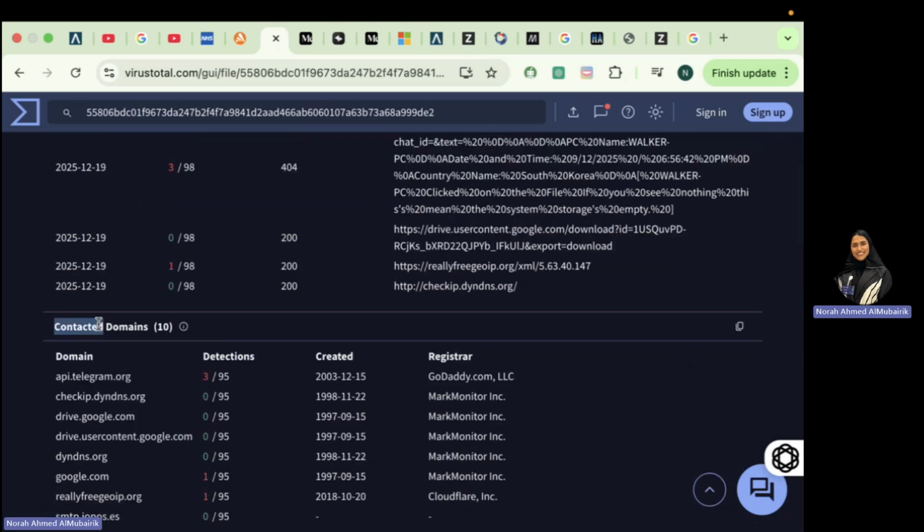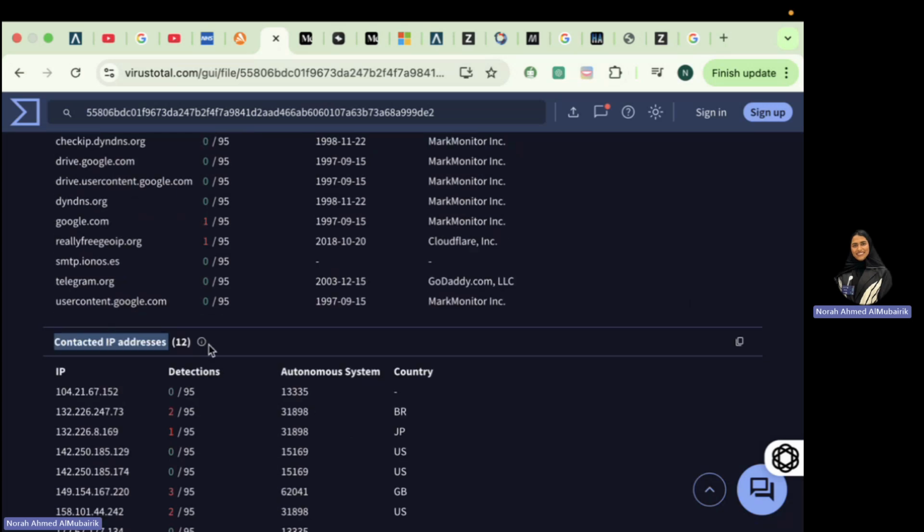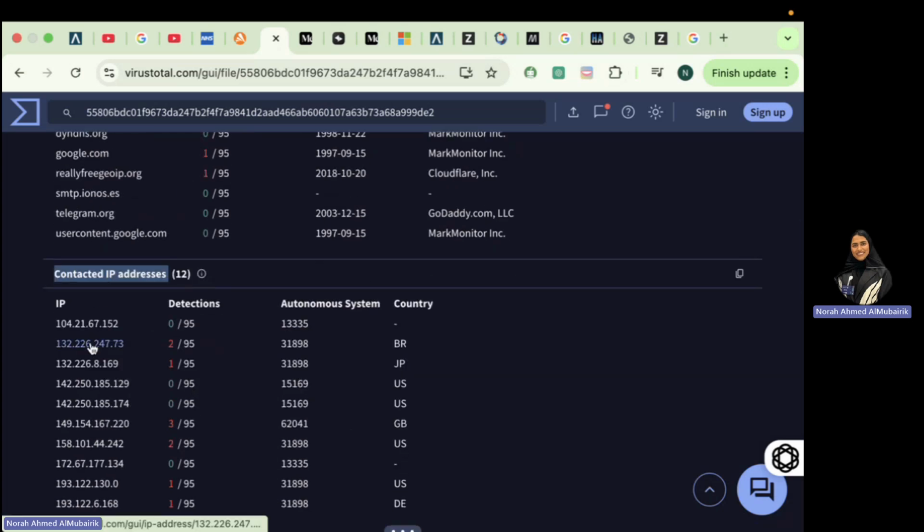Is there any domains contacted? Is there any IPs within this application? When they are trying to access the code inside this executable, they found some IPs, and some of these IPs are actually flagged as malicious. I find that this IP and this IP are flagged as malicious by one of the vendors, and it originated from Japan,